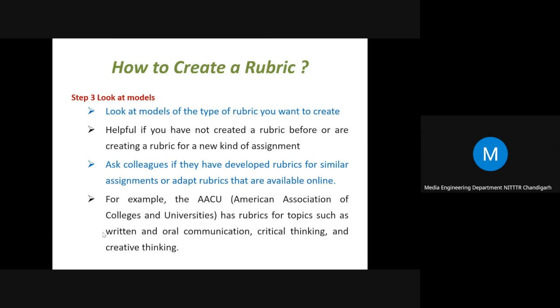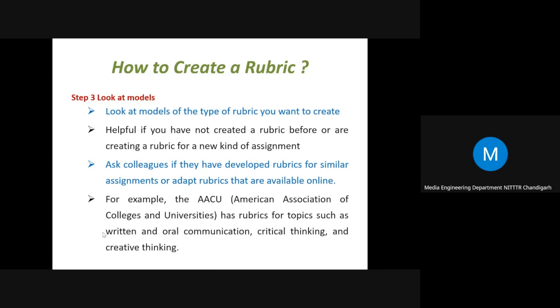Similarly, we can discuss with colleagues about the particular rubric requirements, what should be included in the rubric, what should be performance levels. So we can discuss with colleagues and get their feedback about that assignment evaluation. Or we can find some rubrics online, and then we can customize or adapt those rubrics for our particular work.